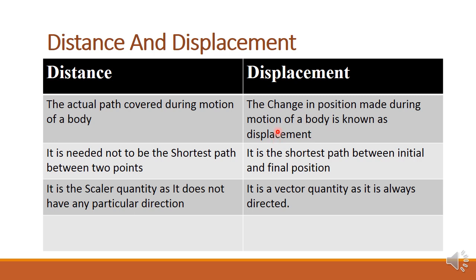So when you are changing the position, which means that your starting point and the ending point are different, then there will be some non-zero displacement. But if your starting and the final point is the same, then that will be considered as zero displacement. So distance cannot be zero, whereas displacement can be zero. I hope so far is so good.